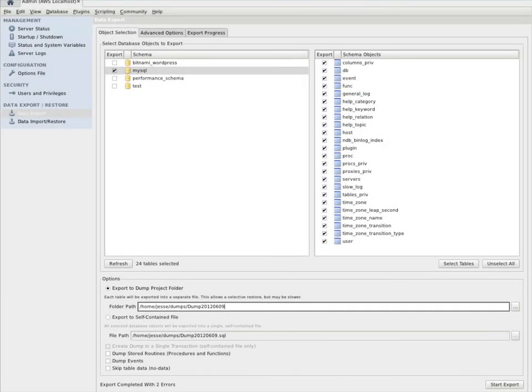Since we're switching databases from an internal database to RDS, we need to back up the existing database first. Later in this demo, we'll be restoring this backup to RDS. The schema that contains all of our WordPress data is